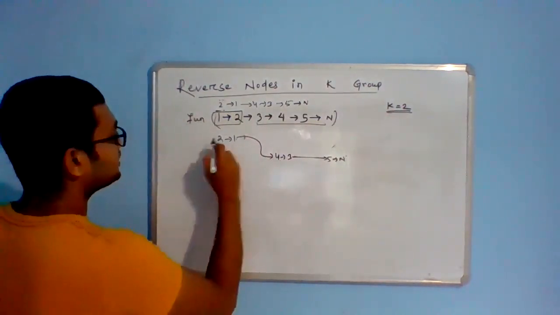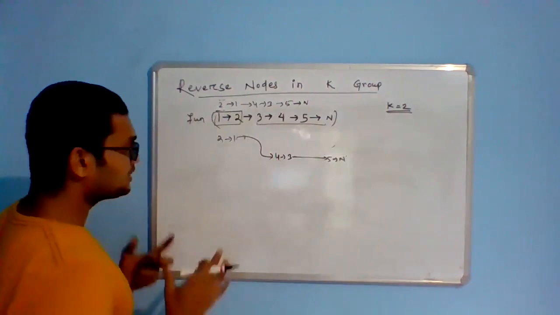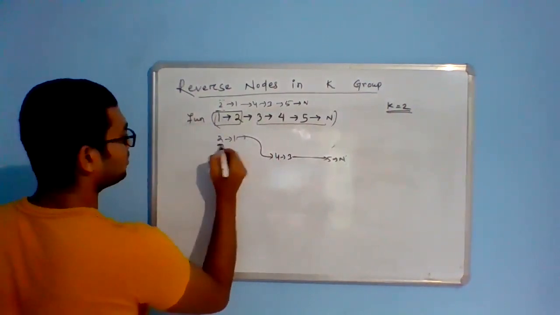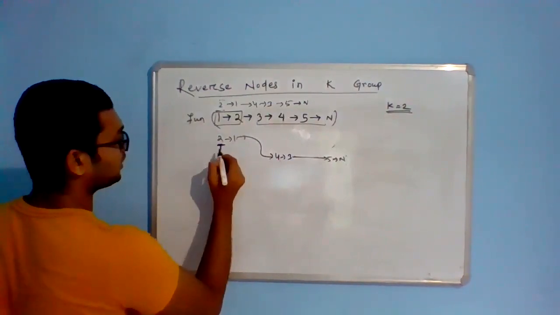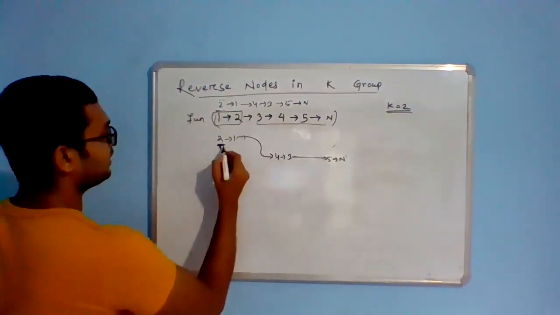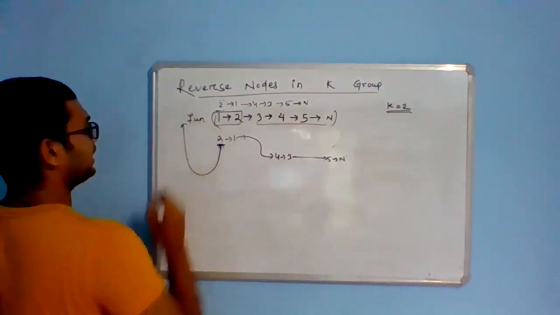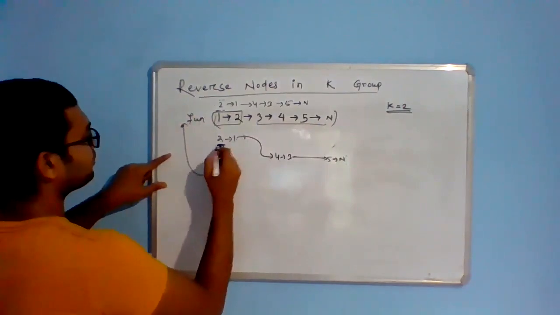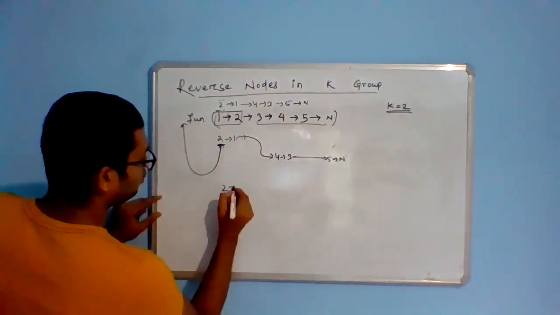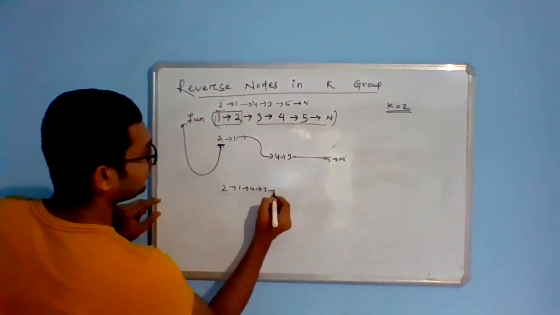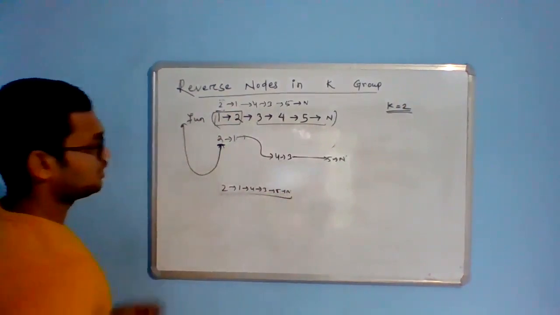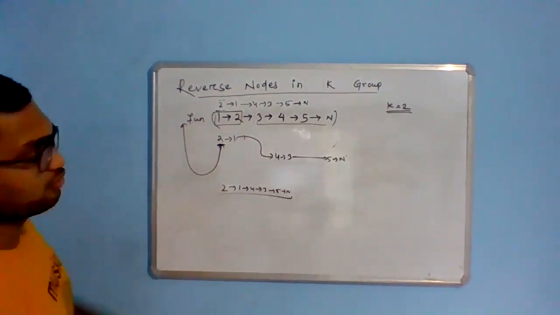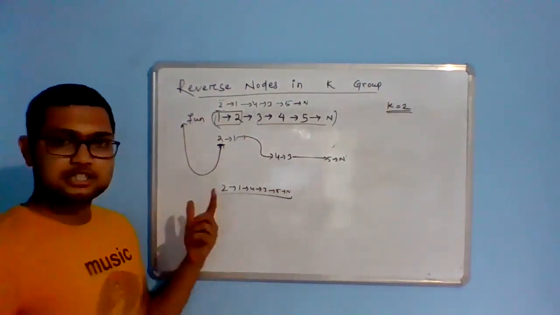Perfect. Now since this is the sublist that we have created till this point, the answer for this particular sublist will be the head of this newly created sublist. So it will be returned, right? Since this was the base function, the answer for this base function is 2, then 1, then 4, then 3, then 5, then null. And see, this is the answer that we were looking for, right? So I hope it is pretty much clear.